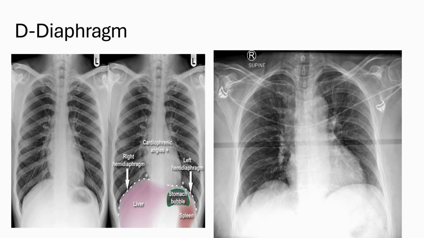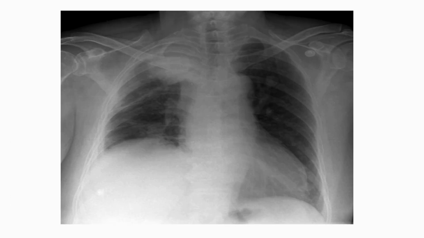And we look at the diaphragmatic contour and their level. If there is a difference of 1.5 to 2 centimeters, then it is called an elevated diaphragm. And also we see the contour, that is smooth, whereas in this image we can see that there is a hump formation in the right hemidiaphragm. In this image we can see that the right hemidiaphragm is elevated, whereas the left is in normal position.